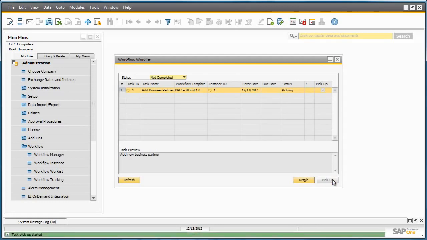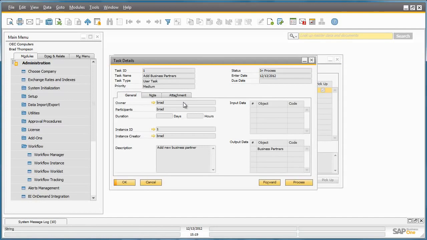He can also drill down into the task to see some basic information about the task requirements. You can see, for example, the description of the task. You can also see any output data and any other further information relating to this particular task. By clicking Process,